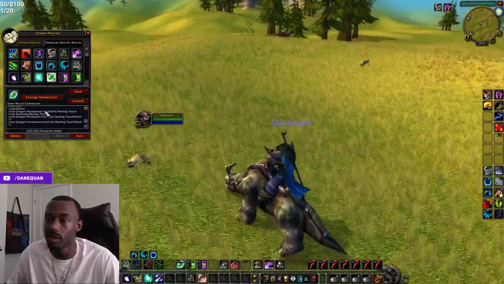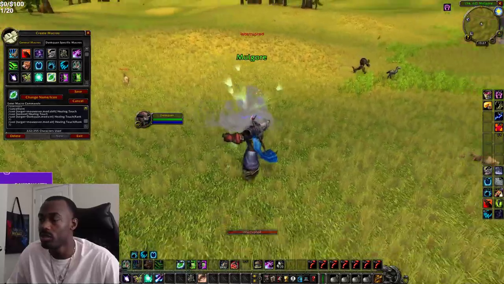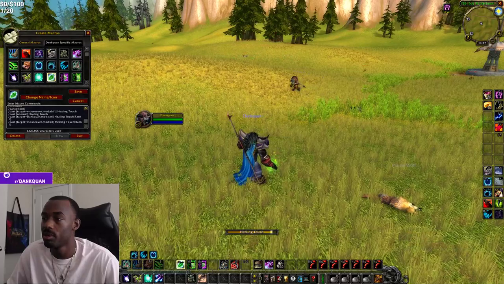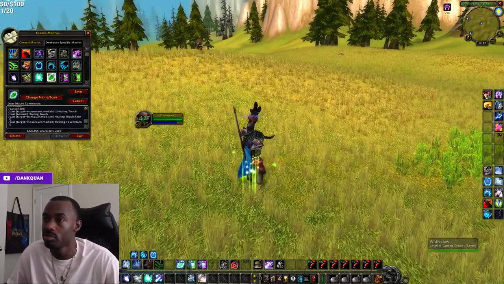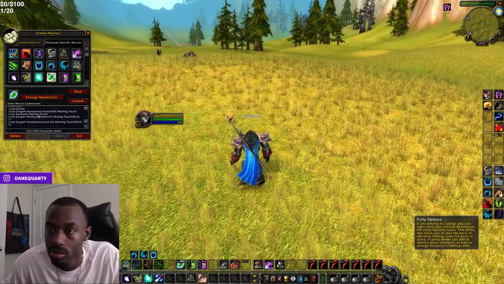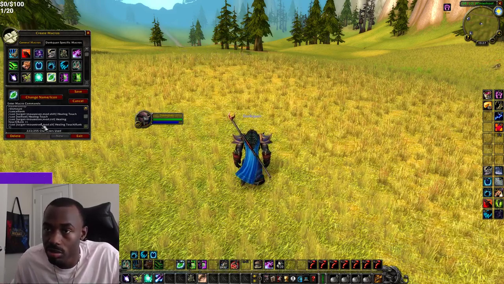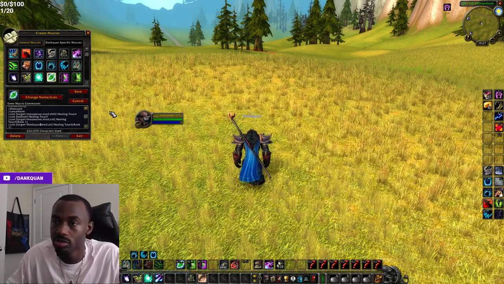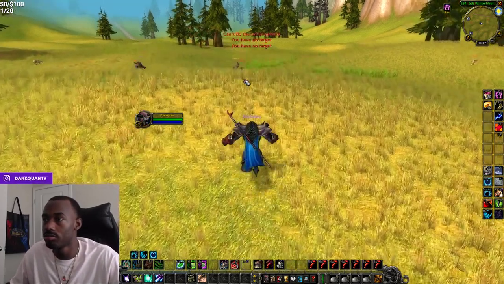We have the self-cast Healing Touch as well as rank 1 Healing Touch. So what this allows me to do is if I want to give somebody a big heal, bam, we're going to throw you a big heal. Bam, you're big healed. But if I want to throw you, let's say, a smaller heal, bam. Smaller heal. Actually, we need to change this. I don't want control to be myself. Hold on. Slash target. I personally prefer my Alt to be for my self cast. Target equals Dankquan. So now if I use Alt,